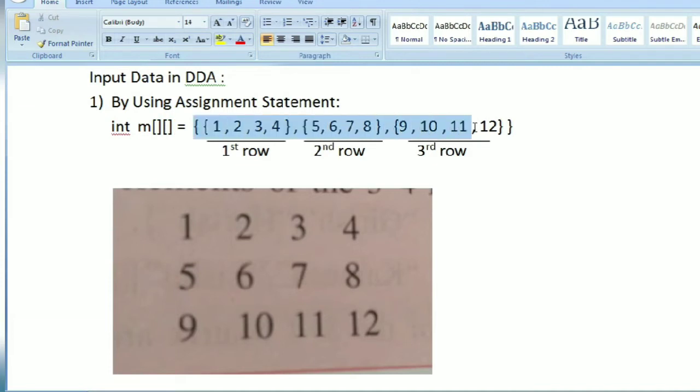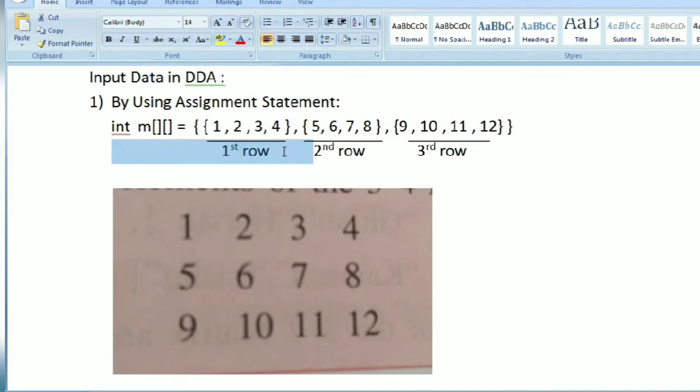The way I have written it here clearly shows how many rows and how many columns. This is an integer array, so obviously the data items would be integers. These are the data items: 1, 2, 3, 4, and in curly brackets you have to write them.